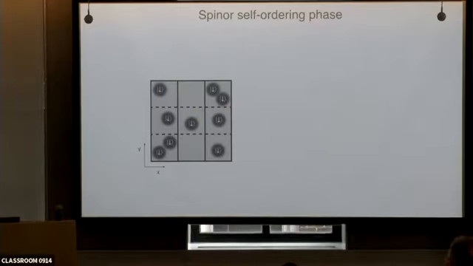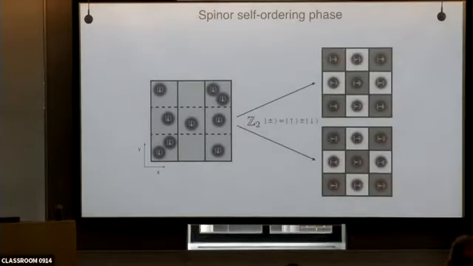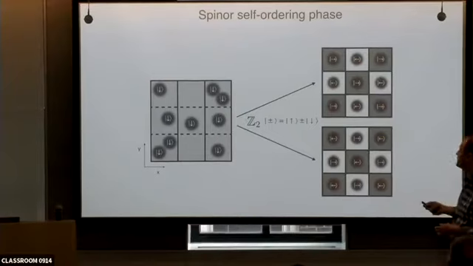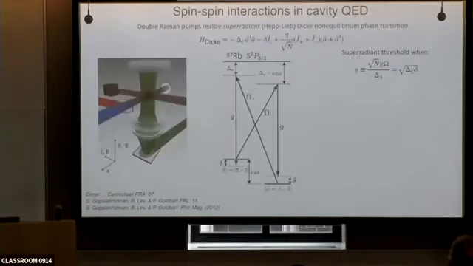But when you reach threshold, you condense into a spinor polariton condensate, where you break a Z2 symmetry of a transverse superposition of up and down, either being right on the black checkerboards or right on the white checkerboards. So that gives you this Bragg structure that you would expect, but tied to spins. And you can see this experimentally.